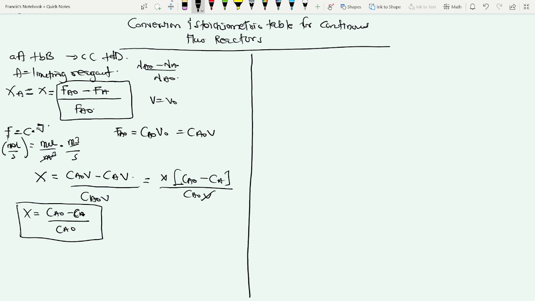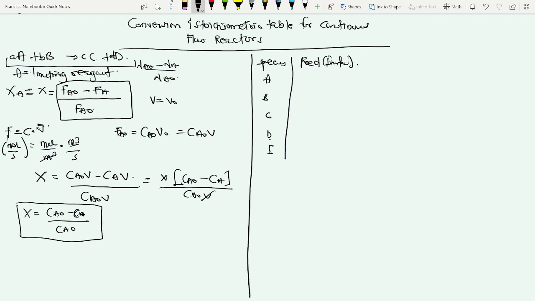Now when you come back to the stoichiometric table, it's very similar to what we did for the batch reactors. The only difference is that for the batch reactors, we're looking at moles, but for continuous flow reactors, we are looking at the flow rate. And then basically everything is the same. So for the species, when you are looking at this particular reaction, let's say you have A, B, C, and D present, and let's say we have an inert species present. So the reactor feed, or initial amount,